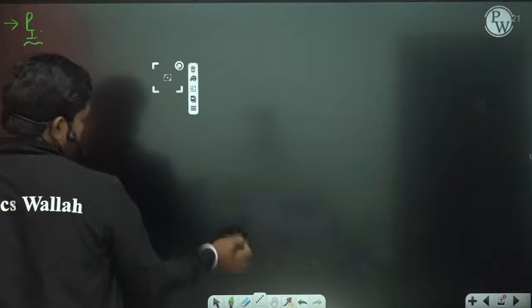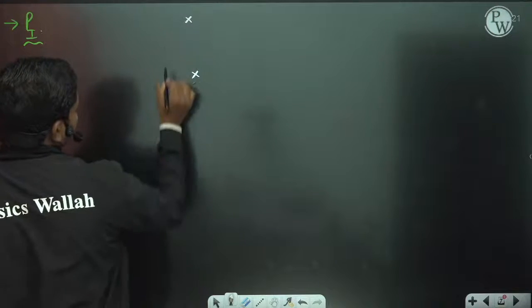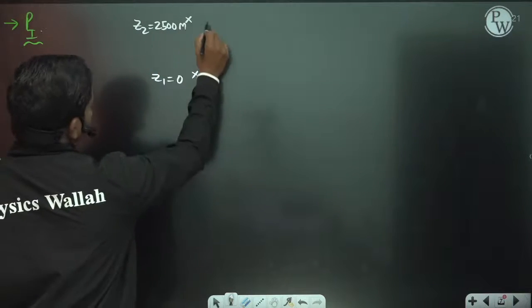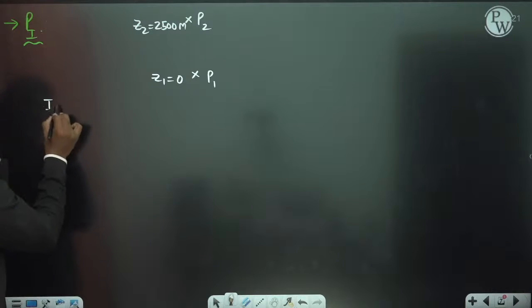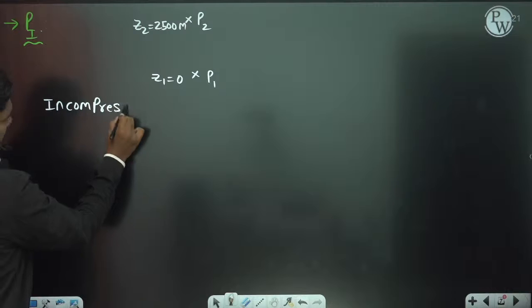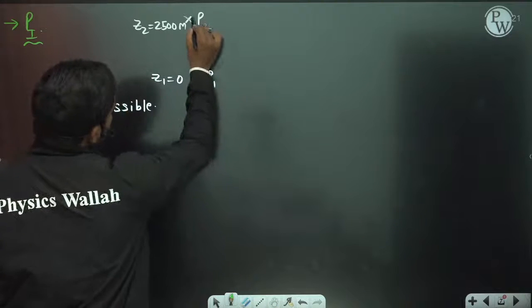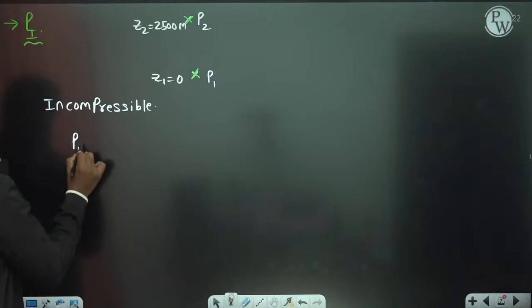So first, let us go for the P1 calculation. Now, try to observe here carefully. This is sea level, for example, and this is some height of 2500 meters. So Z1 is equal to 0, Z2 is equal to 2500 meters. Here the pressure is P1, here the pressure is P2. Now in this case, we are approximating the fluid to be incompressible. If the difference between these two coordinates in terms of Z is 2500 meters, then you know P1 minus P2